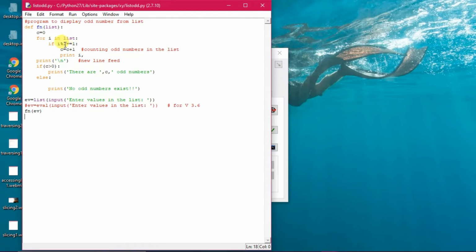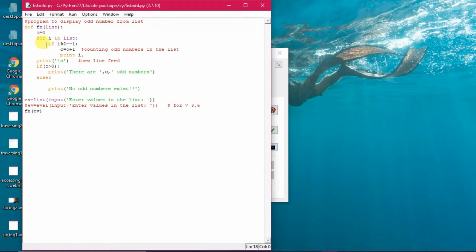Right. So what is happening after this? Definitely if c counts 1, 2 or whatsoever, then it will be greater than 0. Then it shows print there are c odd numbers, meaning how many odd numbers there are. And if c equals 0, c will not change, because this condition will not be true.